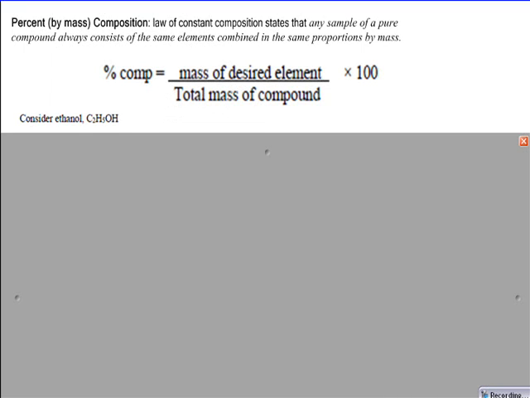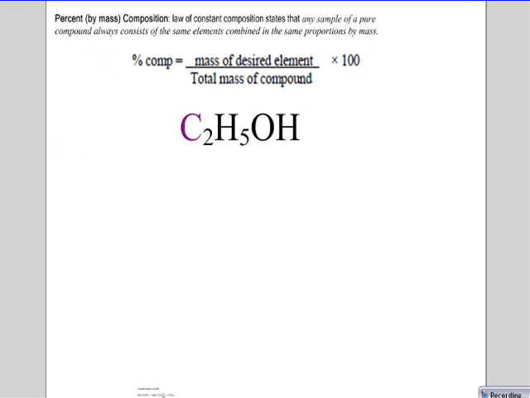Now, when you have a compound, it's important that you be able to determine how much of each element is contributing to the overall mass of that compound. We call this percent by mass, or percent composition. So if we're talking about ethanol, C2H5OH, and we're asked to find the percent composition of, say, carbon in ethanol, the way that we would set this